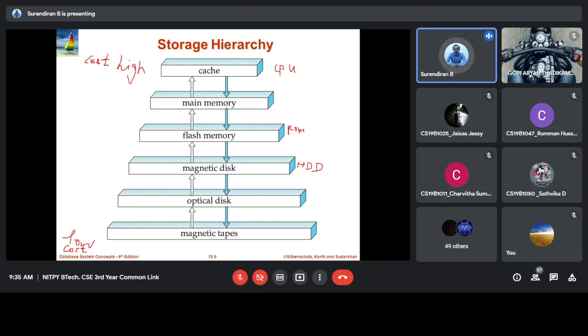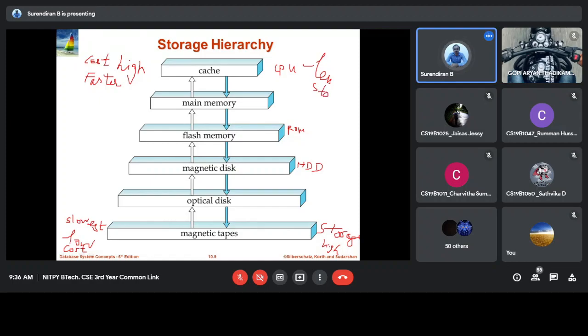And if you see the speed, the cache memory is faster here, and this one is the slowest. So it is faster and the cost is high. Then the storage capacity: we have a very large storage here, high storage capacity in terabytes, and here less storage.